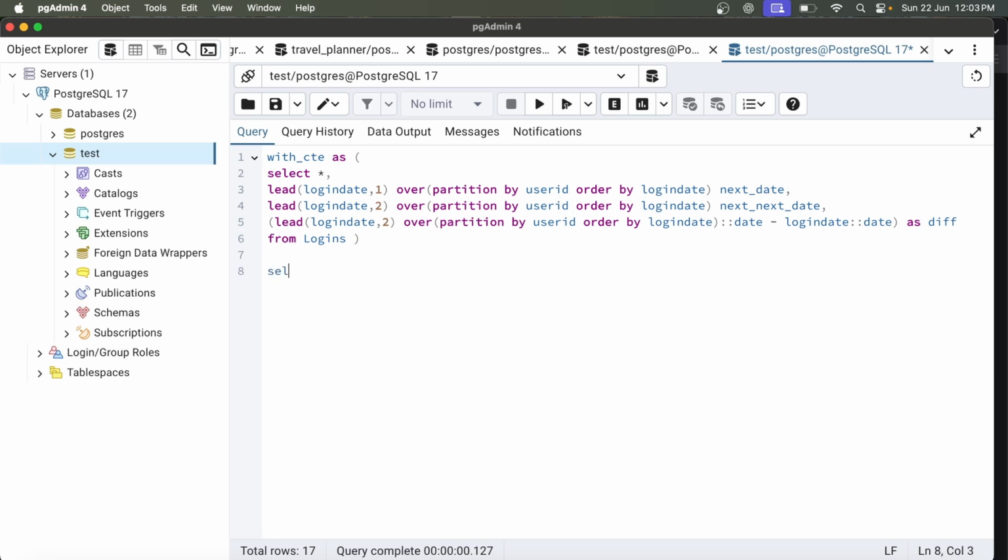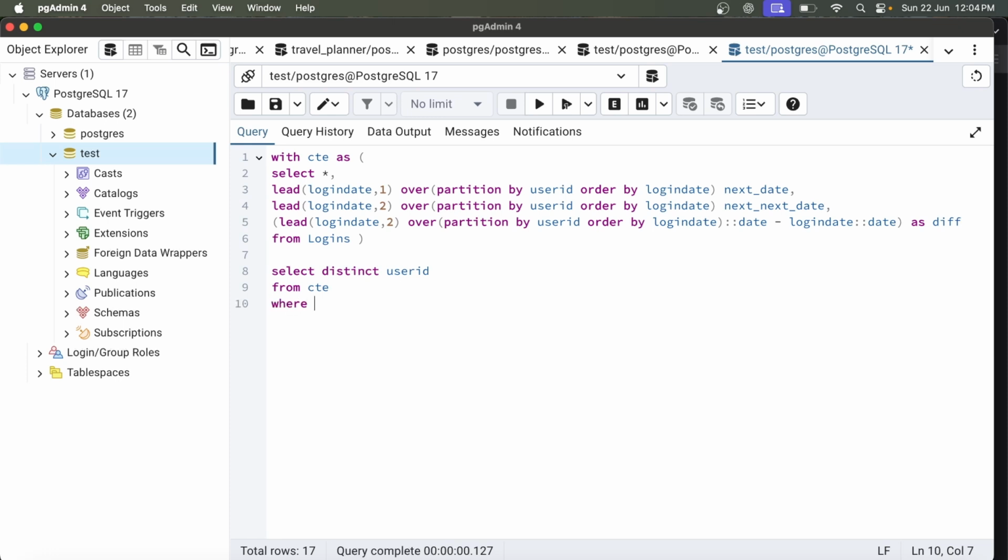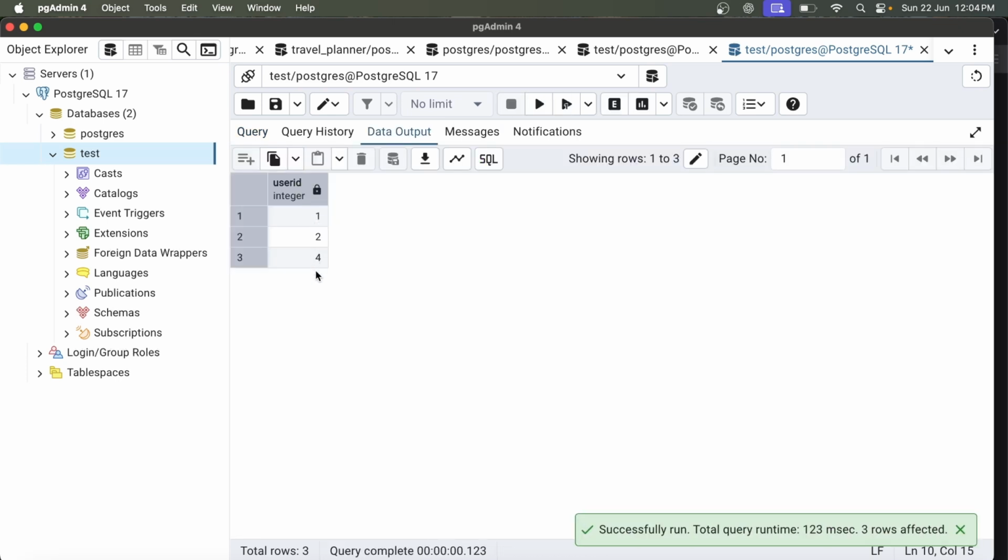and then I'll write a query, select this thing, because I have to select the user ID, right? So select distinct user ID from with CTE, where your diff is equals to 2. So you can see 1, 2, and 4. These are the people who logged in consecutively at least